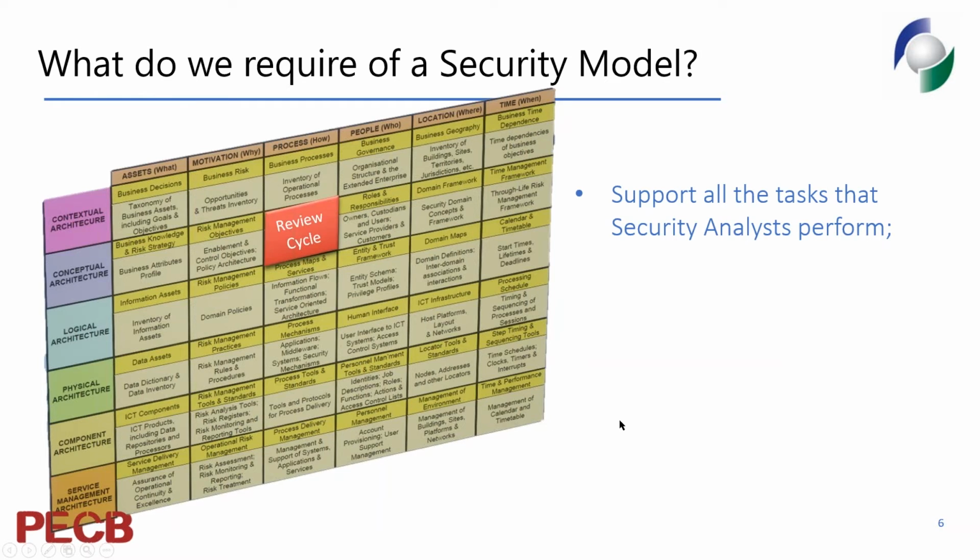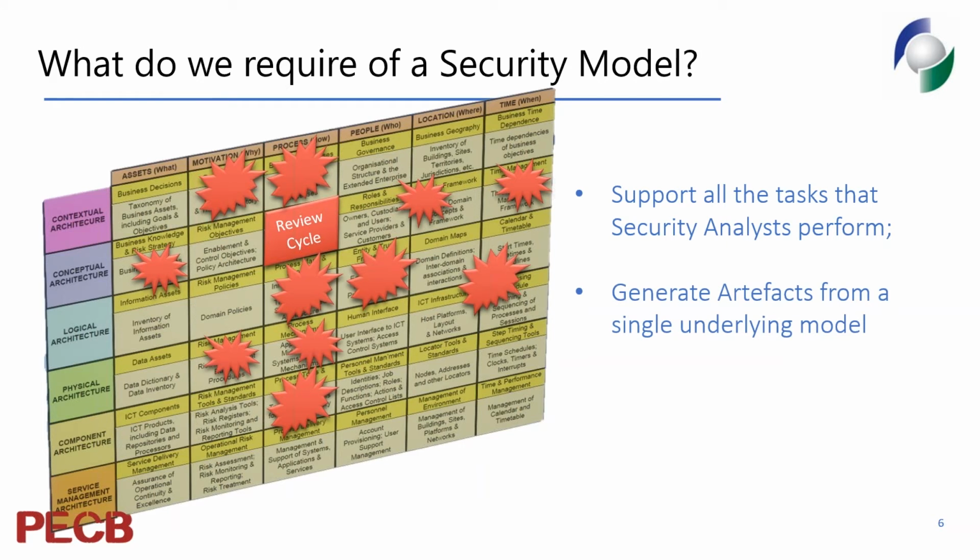So for instance, if one of your artifacts in one of the cells undergoes a review cycle and changes need to be made, they could very well impact related documents on the same layer, which then need to go into a review cycle. Or it could change the way you do a risk treatment, so you decide to avoid that activity or do it a different way. The business layer has to change, or some of the implementation that follows from that document has to change. So very quickly, if you're doing SABSA to its full force and effect, you end up with quite a complicated document management lifecycle.